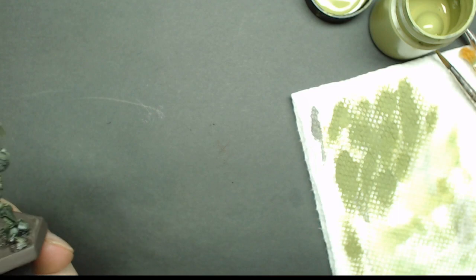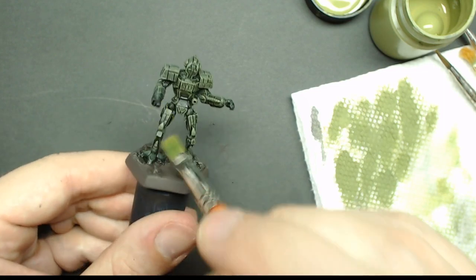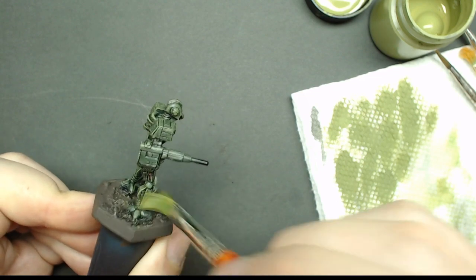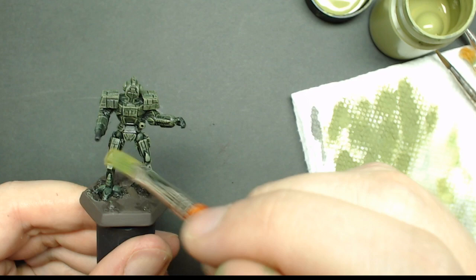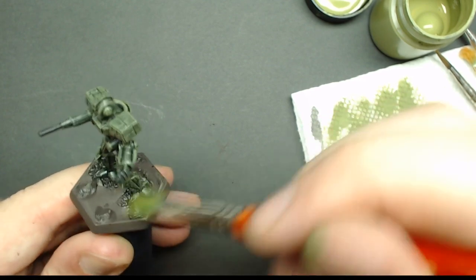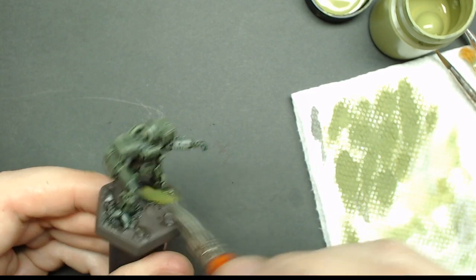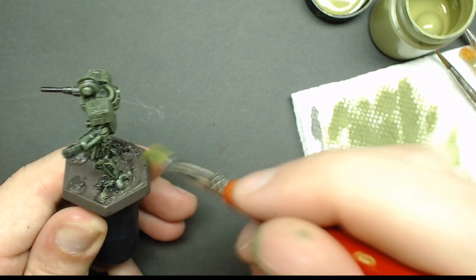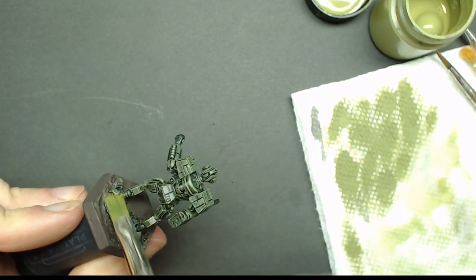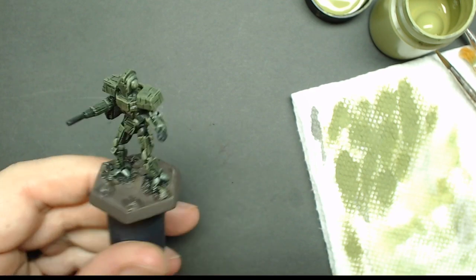So if you're having issues with sealing your miniatures and getting them to flatten out and get the overall finish that you want, then that will help you get ahead of the game before you even get to that clear coat. I have switched almost exclusively. I do like Tester's dull coat, but I have switched almost exclusively to a Krylon gloss, a couple coats of that over. This is when I'm finished, to make the candy shell, and then I put the premium Vallejo matte,